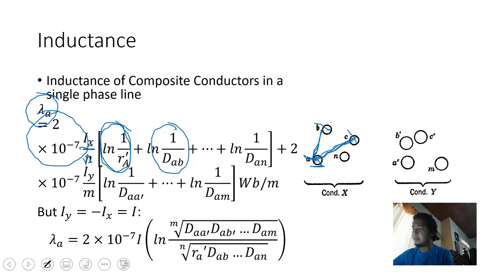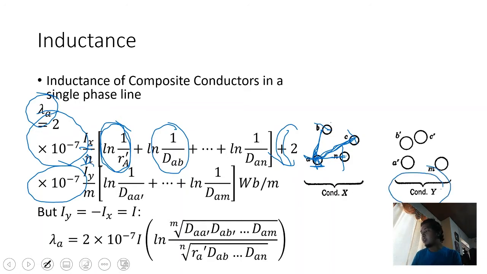Nag-pen na ako pero hindi pa rin maganda yung sulat ko. Up to how many conductors man yung nandun. So A to N. Okay? Plus, of course, you have the 2 times 10 to the negative 7 ulit, this one. IY, take note, IY naman tayo kasi nandun na tayo sa return path over M, kung gaano naman sila karami,